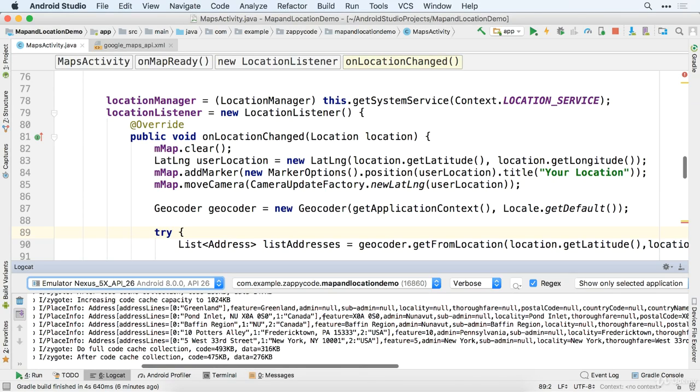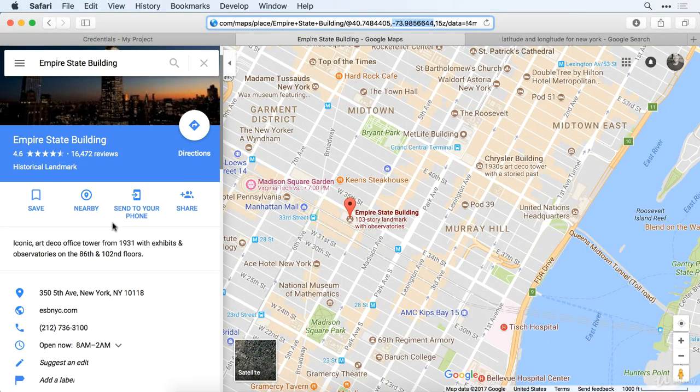So this geocoding isn't perfect because, let's go ahead and look. This is West 33rd Street in New York, okay? And if we go back and look at the Empire State Building, this says 5th Avenue. But look at that, 31, 32, 33. So I think it's pretty close there. It's not the exact address, but I think you could use it fairly reliably to at least get in the ballpark. An interesting thing to do would be to take the address that we get from our app here and then plug that back in,